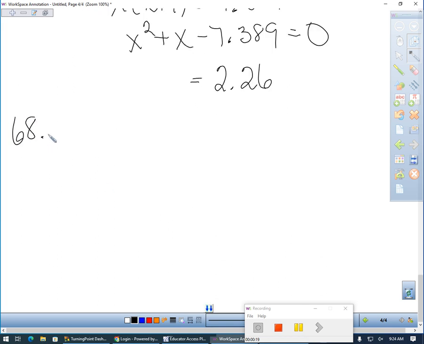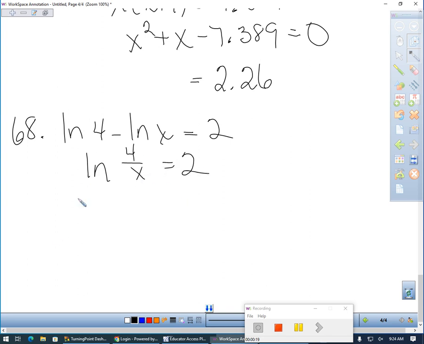Number 68, I have the natural log of 4 minus the natural log of x equals 2. Again, in the log world, when we subtract, we really divide. So I have the natural log of 4 over x equals 2. To get rid of natural log, I have to raise it from e. E and natural log cancel. So I have 4 over x equals e to the second, which is